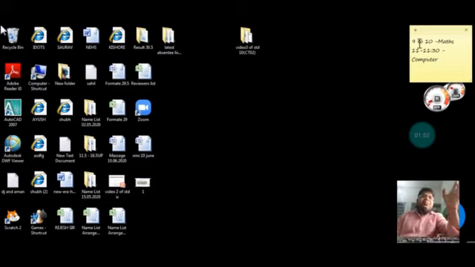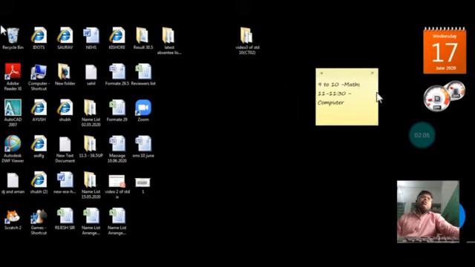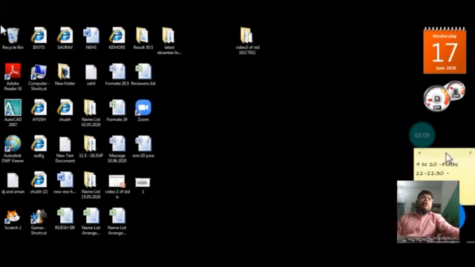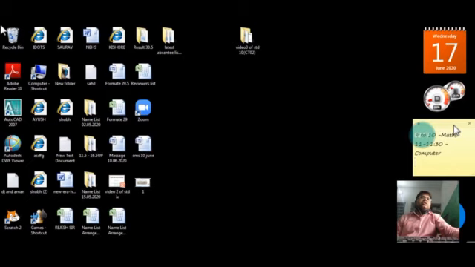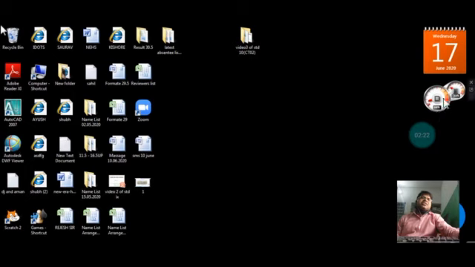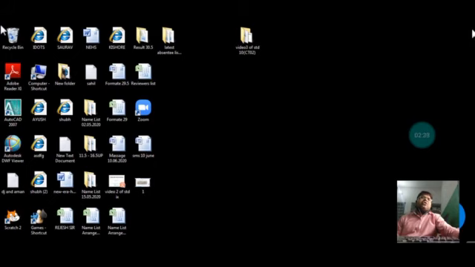Like this, you can have a reminder in the box, and later on whenever you switch on your PC, you will see this sticky note placed at the top right. You can place it anywhere. It depends on you where you want to place it, my dear. And according to that, your attention will go directly to the sticky note. You can remove it also, just click the cross button. In the same way for your gadgets, click the cross button. You see, you have the cross button. This is for close. Same way for your calendar, whichever you want.